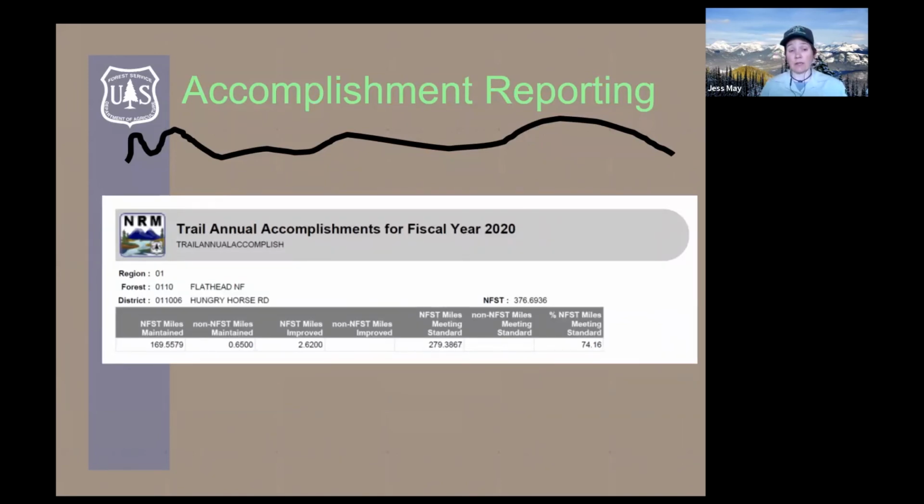This is what just the annual accomplishment reporting looks like, once again, for one of my districts. So in this case, we maintained almost 170 miles of forest system trail. Turns out we did 0.65 miles of non-forest system trail. That's because sometimes trails meander across administrative boundaries. We're still in charge of it, but it's not technically system because it's not on our land. We improved 2.6 miles. We have the miles that are meeting standard and then the percentage of miles meeting standard. So this is just